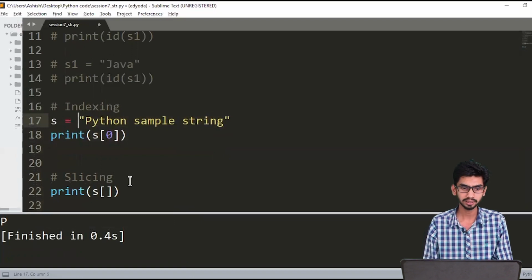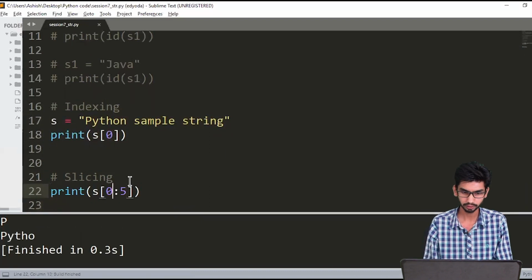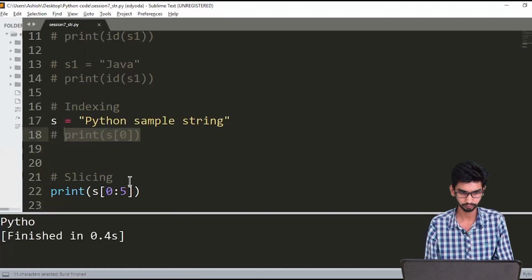Now let's calculate the indexes. So index of P will be 0. So 0, 1, 2, 3, 4, 5. So I'm saying 0 colon 5. Let me comment this part. So I'm specifying a start and I'm specifying the end. So it will by default start from 0 and it will check the 5th index. Now keep in mind this end is not inclusive, and that is the reason it is just printing pytho,